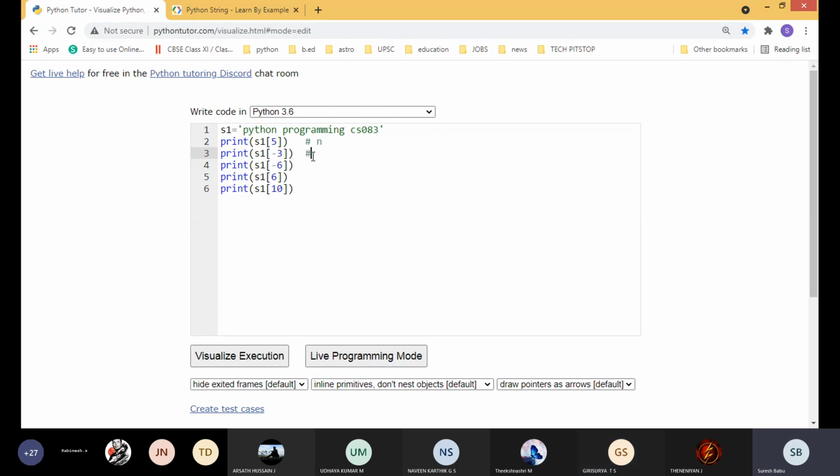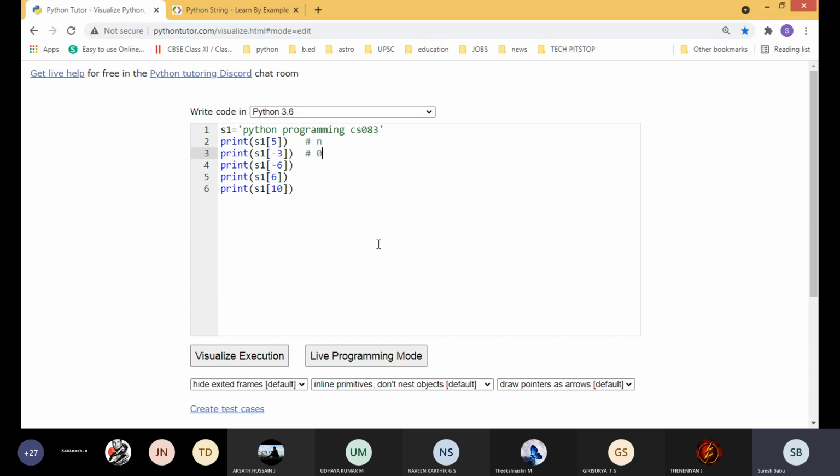Okay, so like this, we need to know how to access the character from the string. If you simply give s1, it will return the entire string, all the characters will be displayed. If you specify a particular index, only one value, it will give you one character from that string, depending upon that index.